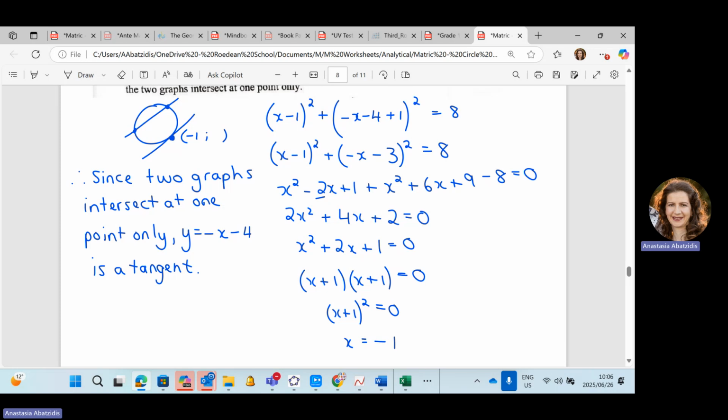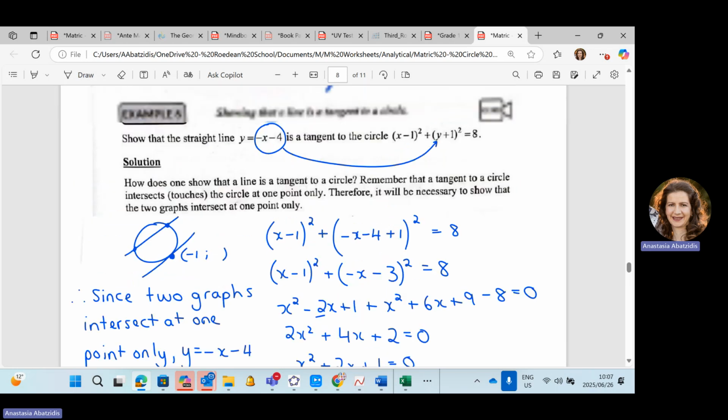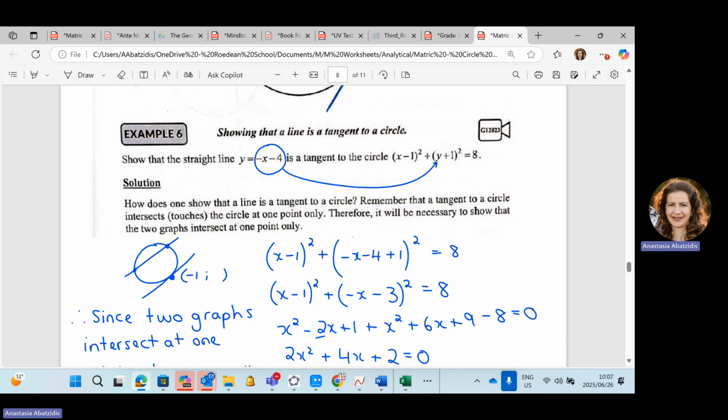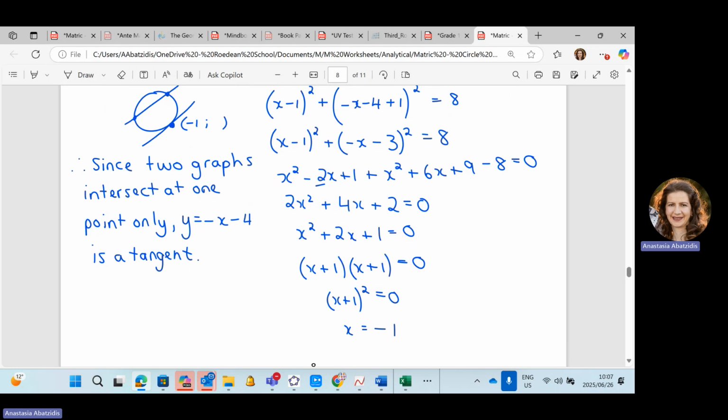Where's the y, which is negative x minus 4? You were given that as a straight line. So where did you use that? Yeah, so they're saying show that the straight line is the tangent to the circle. So we are making the two equations equal to each other, showing that there's only 1 point of contact,